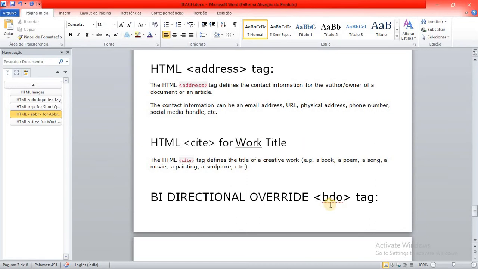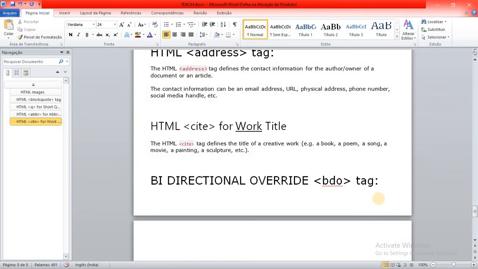And the bdo tag, the bidirectional override tag, is used to write the sentence from right to left. Like if I write a particular sentence, say I write James, and if I write it from the opposite side, I will write SEMAJ. So it's from right to left. This means bidirectional override: the sentence which we write from left to right will be written from right to left within this tag. So let us view these tags.